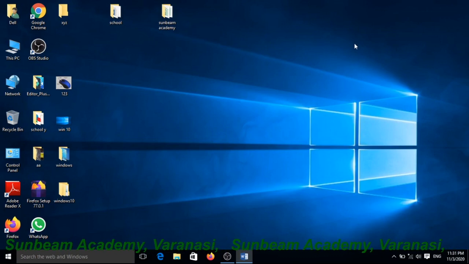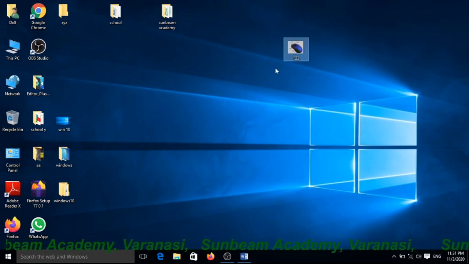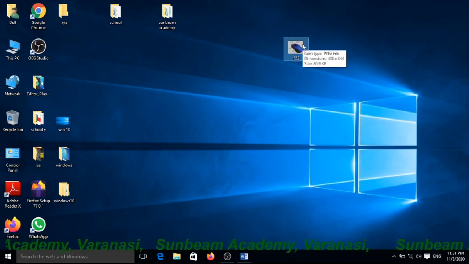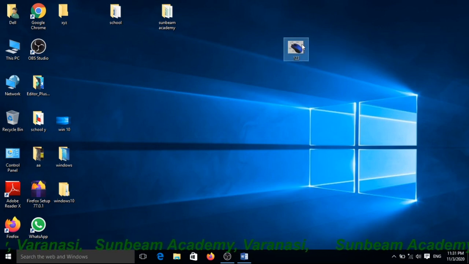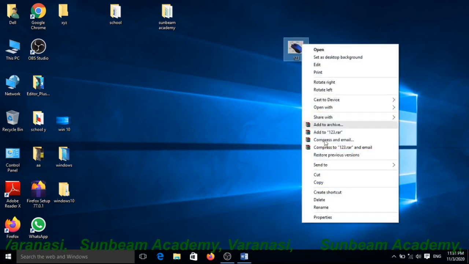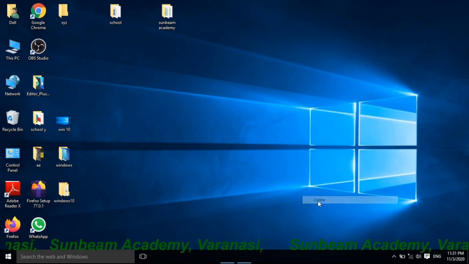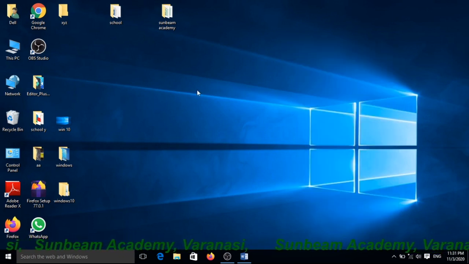Now, next one, how can you delete a file? This is a file. I want to delete this file. Very simple, the same process is there. First, select that file which you want and right click the mouse button. An option will appear and choose the delete option. It is deleted.